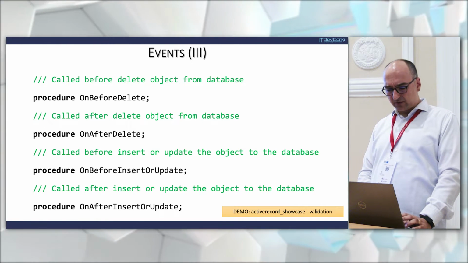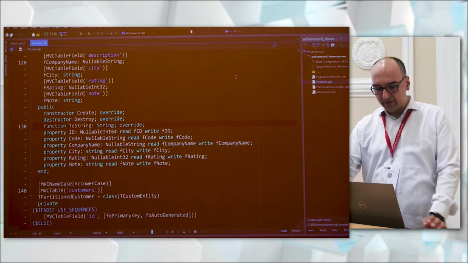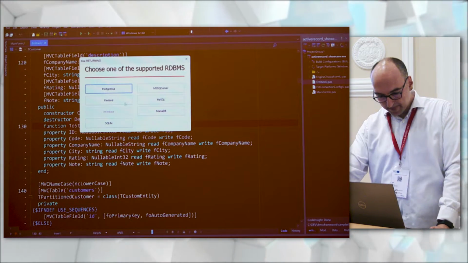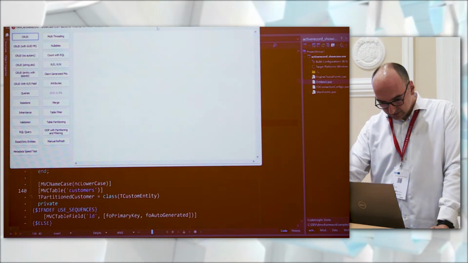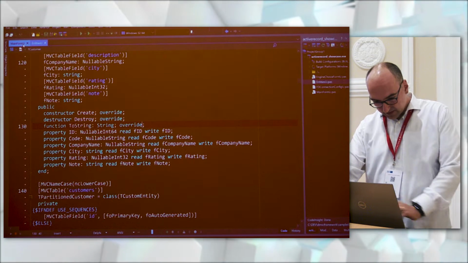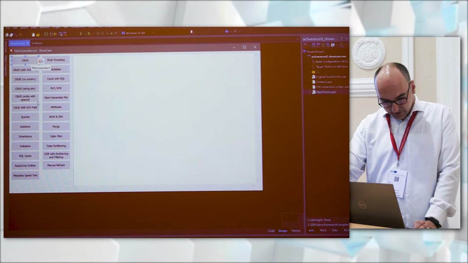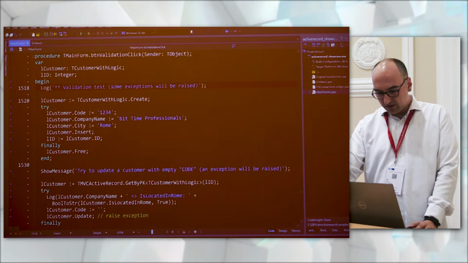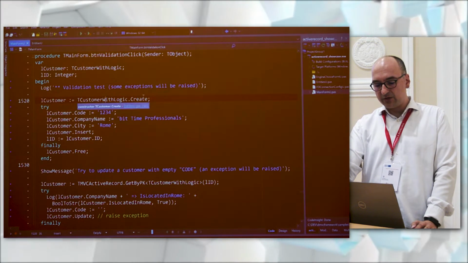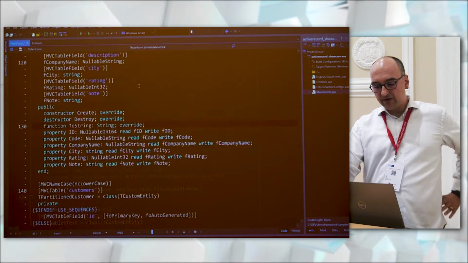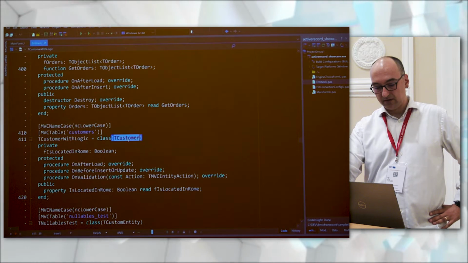Let's see also an example. Let's go under the button validation here. Here we have customer with logic, which inherits from the customer.